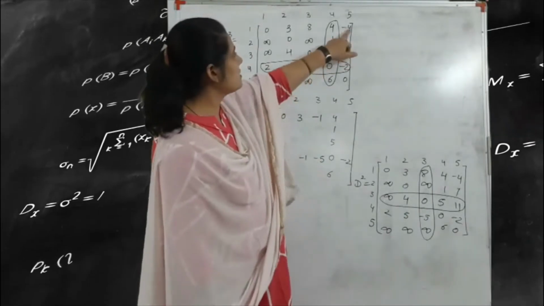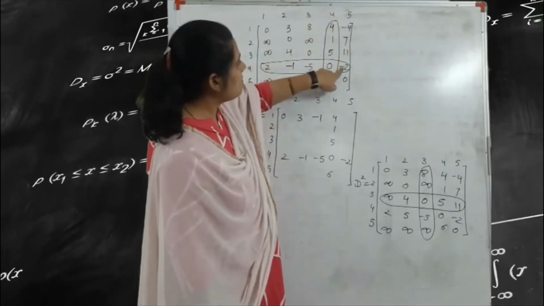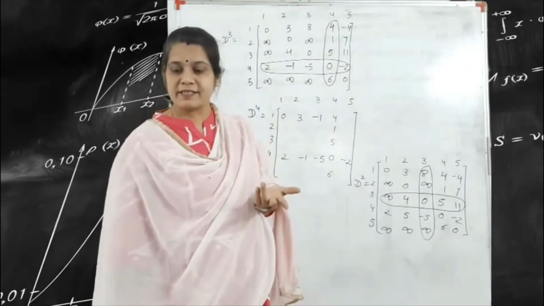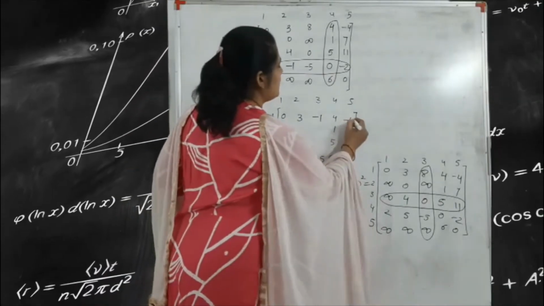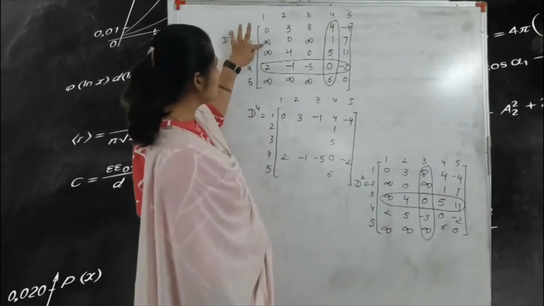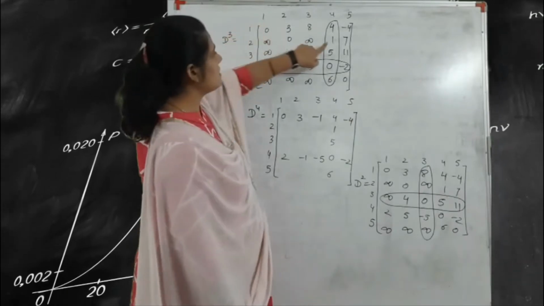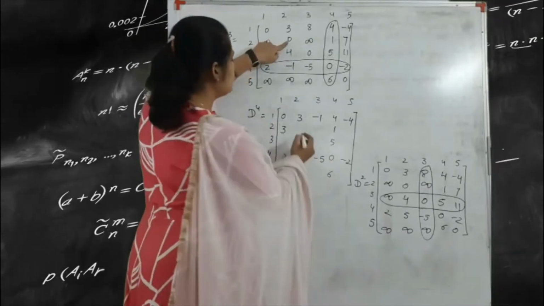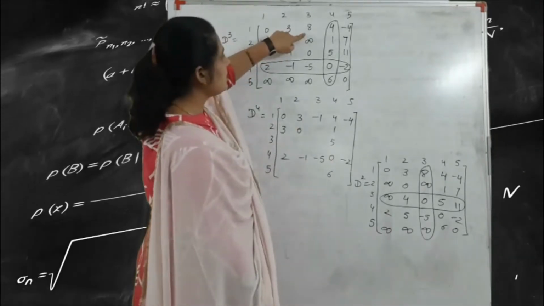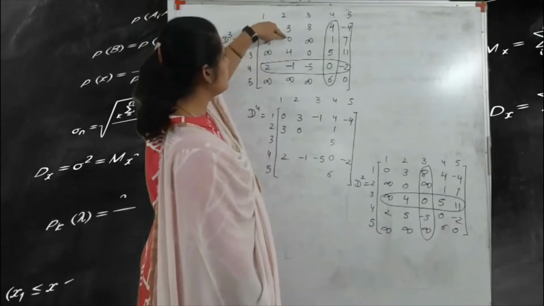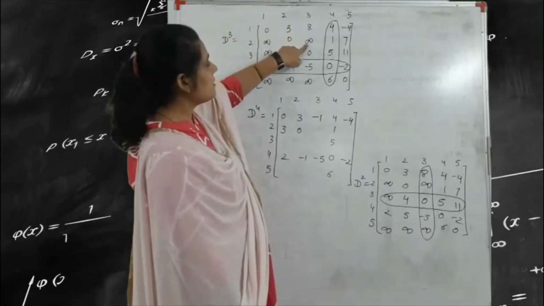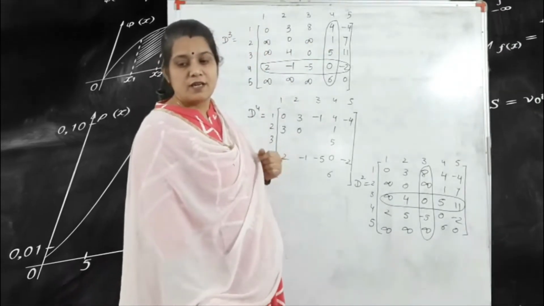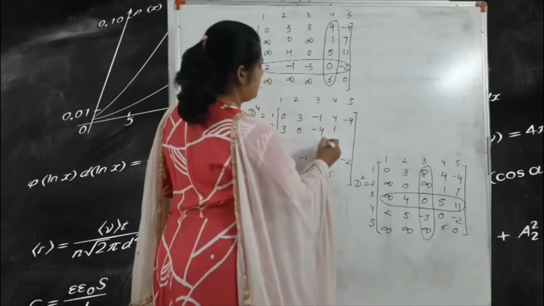Okay, next value is this. According to this 4 and minus 2, 4 minus 2 is 2. But 2 is greater than minus 4. So we write here minus 4 as it is. Got it? Next one is this infinite sign. According to this infinite, 1 and 2, 3. This 0, obviously 0 is the lesser value. This infinite, we write here 1 and minus 5. So minus 5 plus 1 is equal to minus 4. So we write here minus 4.